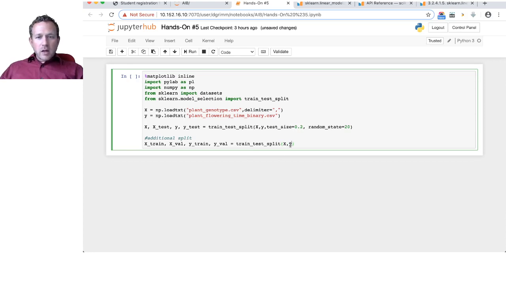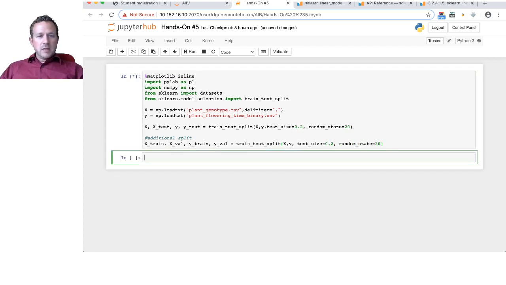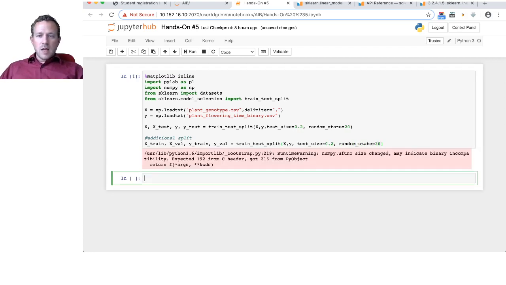Please note x and y are now smaller than here because we already reduced the size here. Then we say the validation size should be 0.2. So 20% should go into the validation data set, and we set another random state which is also equal to 20. So let's execute this, and then we can